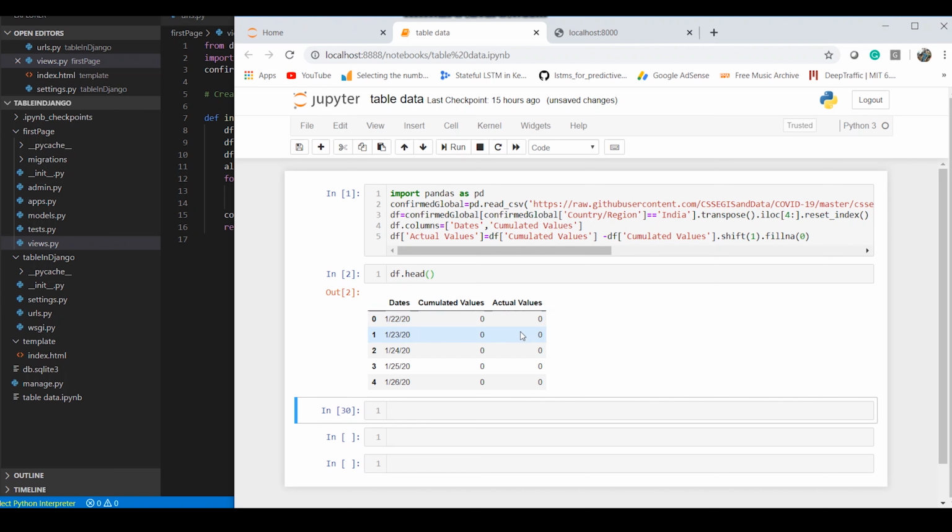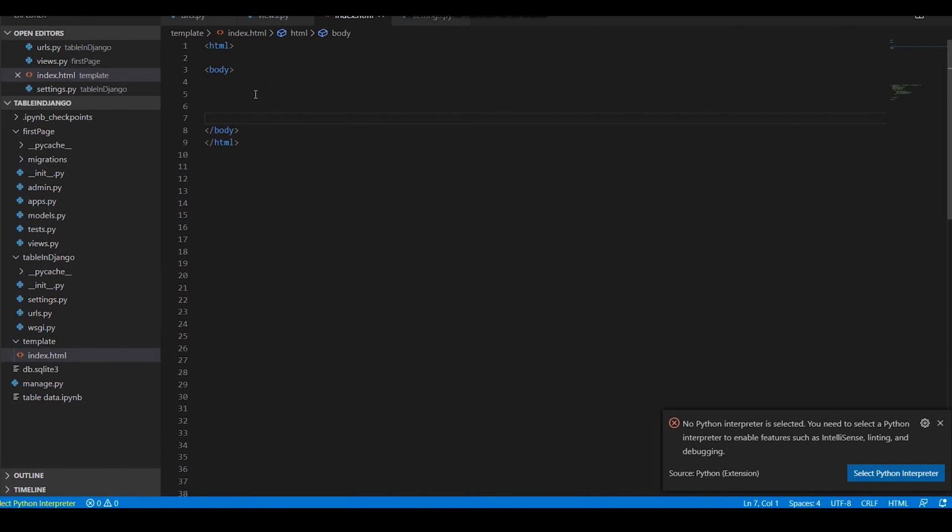As we all know, Django does not take any pandas data frame or any other kind of objects. It has to be either in JSON format, or you have to manually put all the values in a table. So a simple approach to pass the table to the Django UI is the JSON approach. Now if I have to create a JSON of it, how should my JSON look? Let's observe and understand how it actually works in the UI.